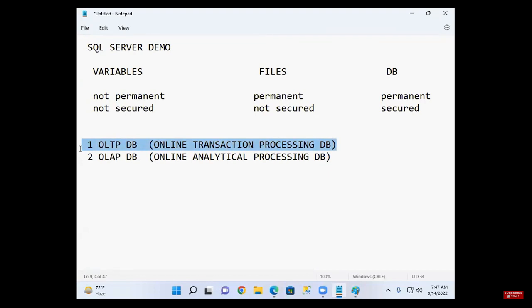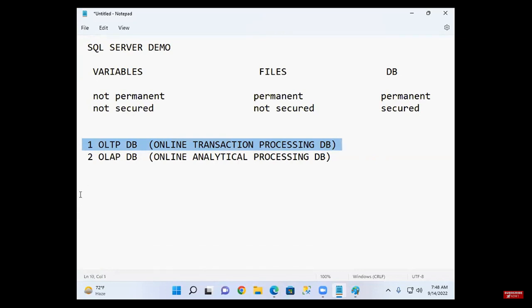You cannot store the transactions. Every transaction should be recorded in OLTP, but it is down, so the bank people will not accept transactions from customers. They'll ask you to wait for half an hour.